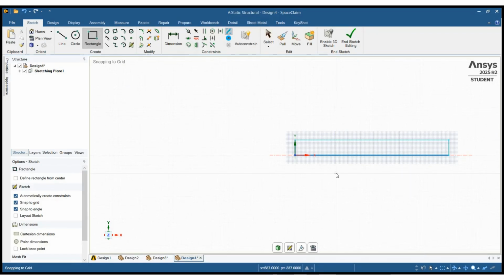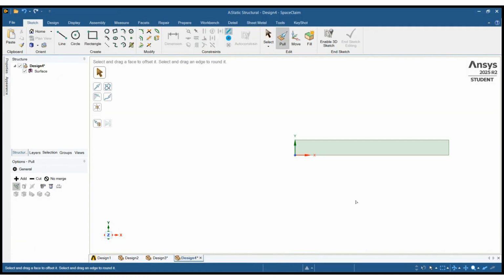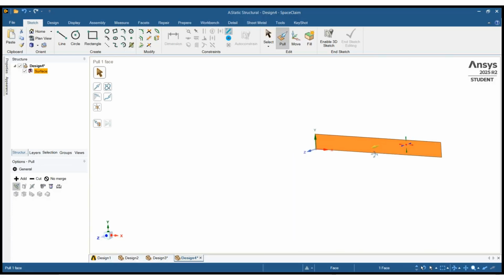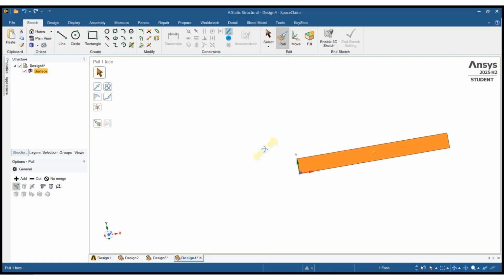If I click here on return to 3D mode, that will exit sketch mode, and now I have a 3D shape. So right now it's just a plane. If you want to navigate around, you can use the middle mouse wheel, and if you click the middle mouse wheel and turn, that will rotate the plane.